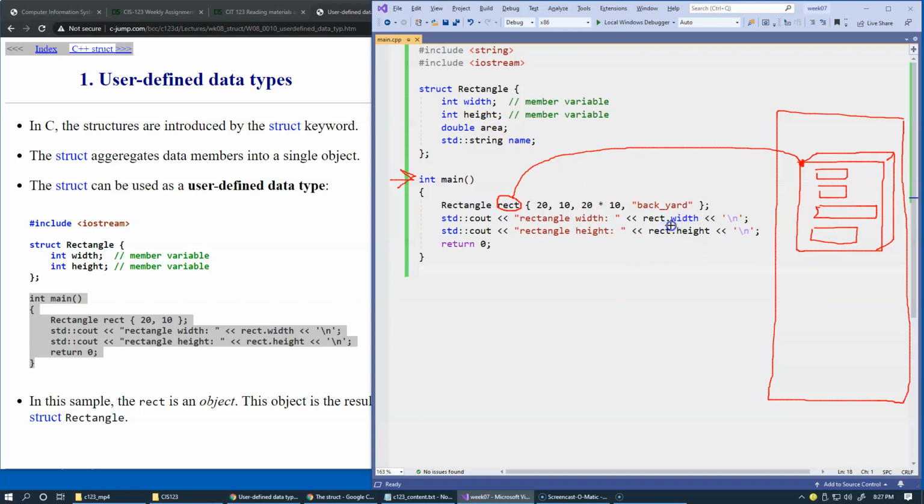by using the period or dot operator, which is simply a member access operator. So we say, okay, rect gives us access to the object, but it contains individual data fields: 2 integers, 1 double, 1 string, and width of course should give me access to a specific part of that object. This is why 2 of these statements should be printing a width and height by accessing these 2 data members. We call them member variables or data members of our structures,